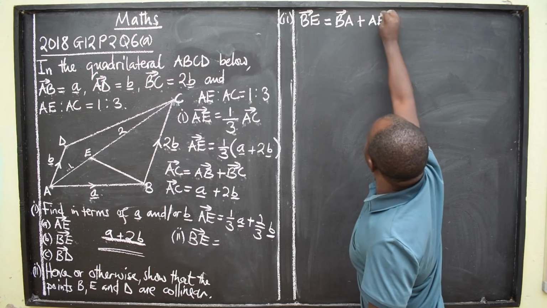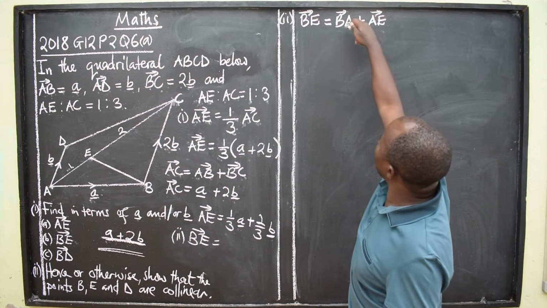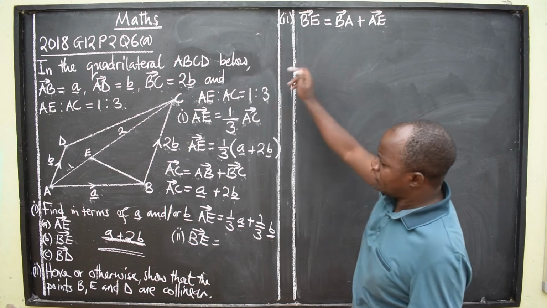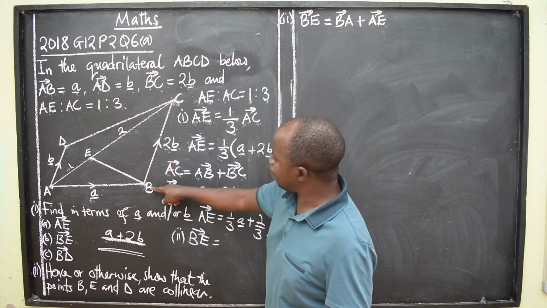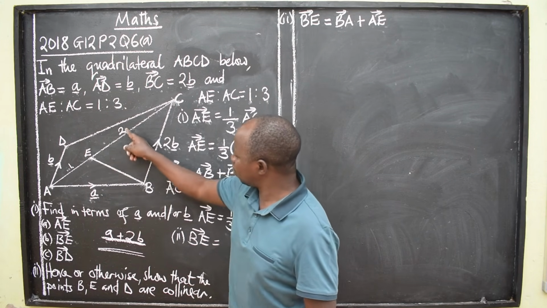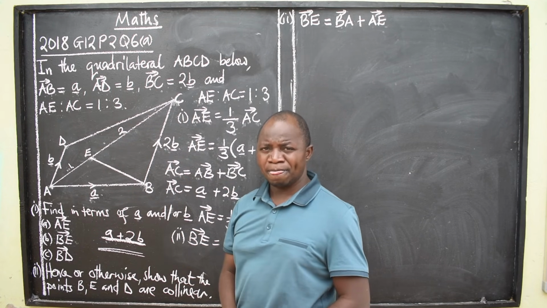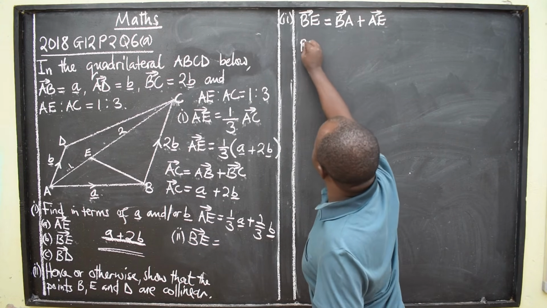A to E. I've used this route because I know that I have BA, I also have AE. I cannot use this one because I only have BC. I don't have CE. There's only a ratio here, not a vector. So I can't use this route. Okay? Then we substitute in here. We are going to say BE